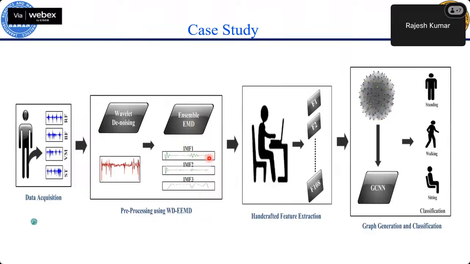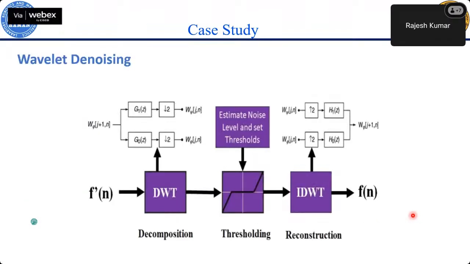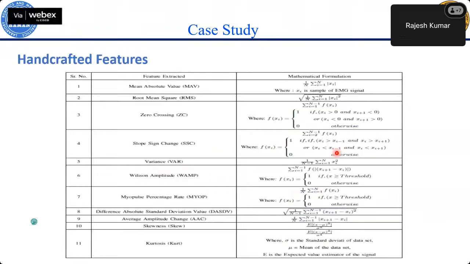Okay, so we have certain features about those things there, and then we create a graph neural network, and then we use this graph neural network to classify what activities are being done. This one is a wavelet theory we applied for denoising, not important here. And then we use these as features, like 11 features out of it. From every signal, we calculate MAV or root mean square or zero crossing and likewise. And from there, then we try to find out